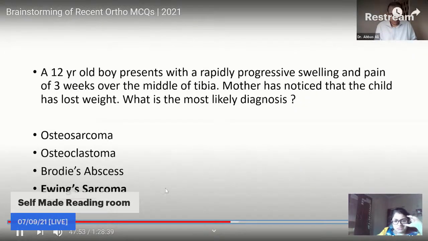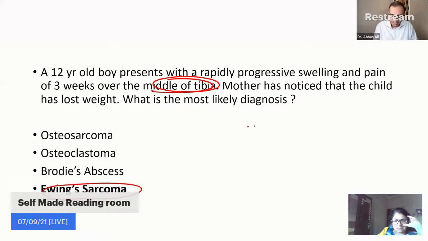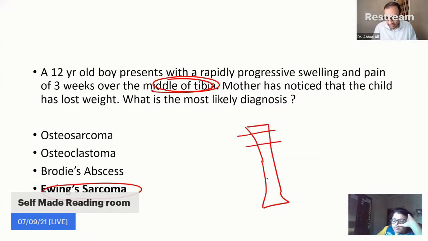Here the answer changes to Ewing sarcoma. And can you tell me why did it change to Ewing sarcoma? Middle of the tibia. It's middle of the tibia. So please remember, suppose this is the upper end and this is the lower end of the bone. If I divide the bone into epiphysis, metaphysis, and diaphysis, epi, meta, and dia, tell me the 2 tumors you have to remember for epiphysis. Just the 2 tumors. One is giant cell tumor. Other is